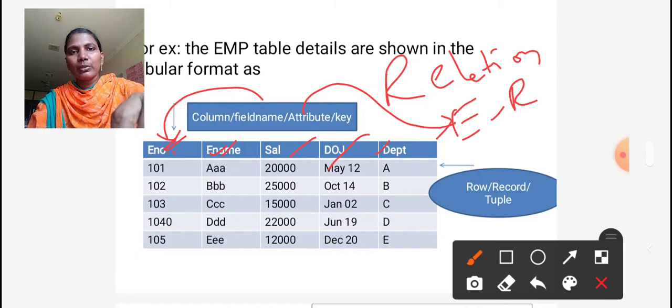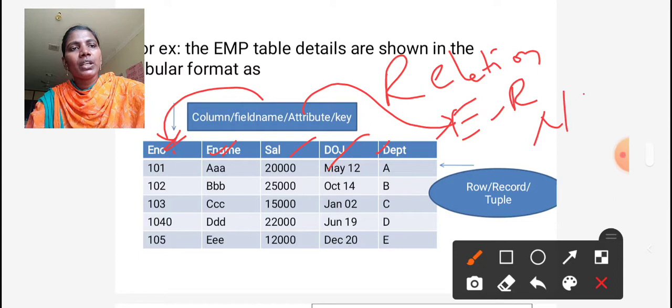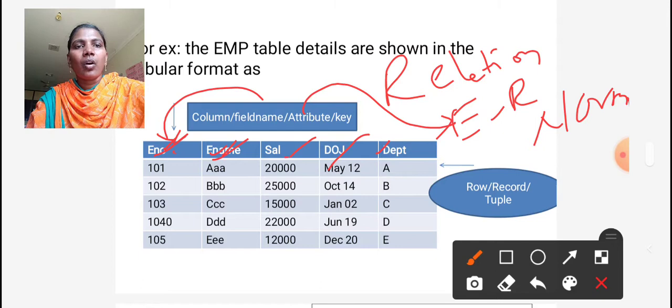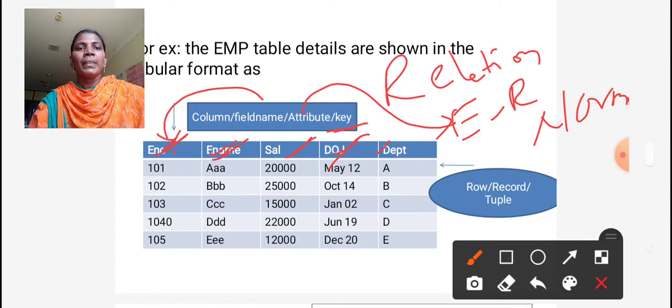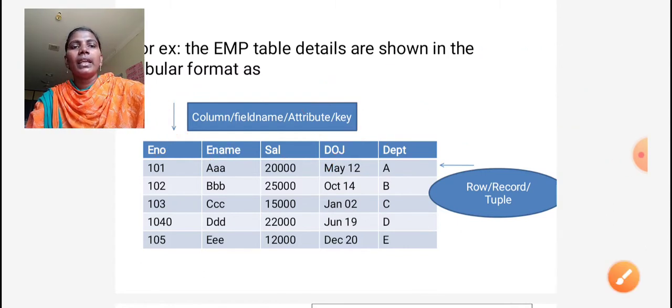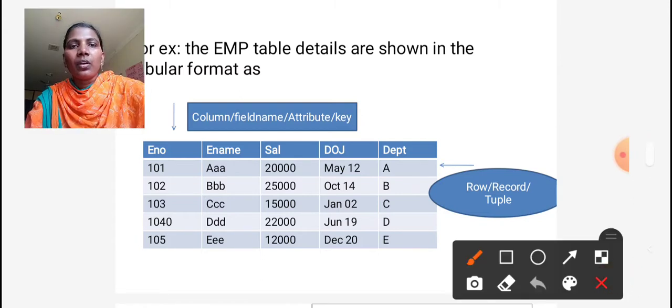The different names are displayed. While we are using another concept, normalization, we call these column headings keys. So there is only one thing, but it is displayed with different names in different situations. If we create a simple table, these are called column names in the simple table structure.